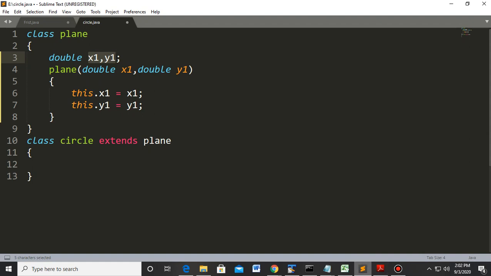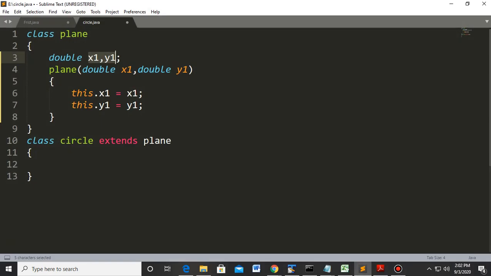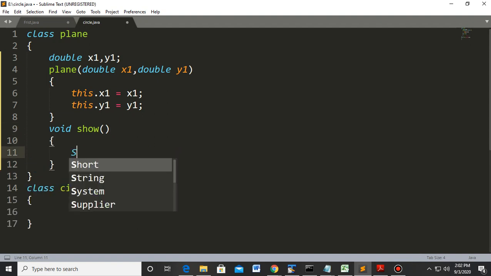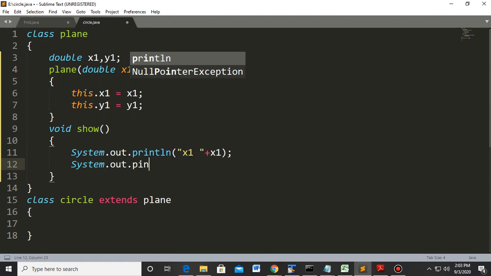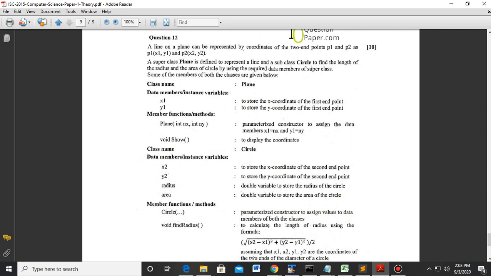Okay, now another thing we have to define is a function void show. So let us define that function void show, and here we will write x1 is equals to this x1, and that y1 is equals to y1. So these are the 2 coordinates of a point. So the specification of the base class is over, and now we have to define the specification of the derived